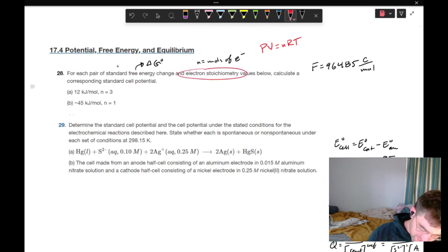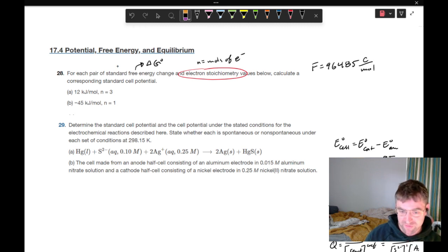The electron stoichiometry is another way of saying the number of moles of electrons participating in the redox reaction, and that is the value n in our ideal gas law. And we're looking at a slightly different form of this equation today, which includes Gibbs free energy and Faraday's constant. That equation,